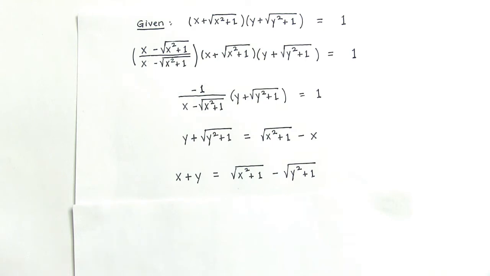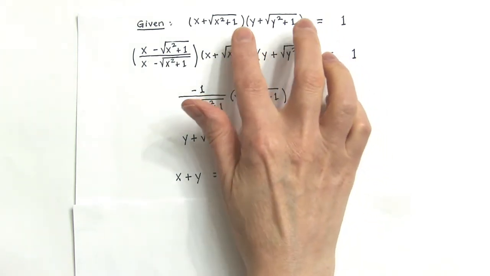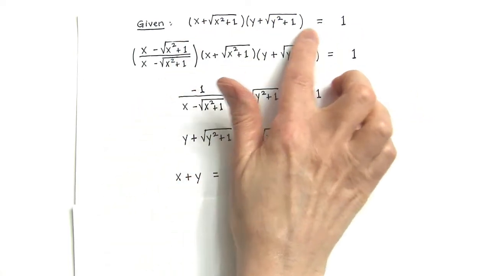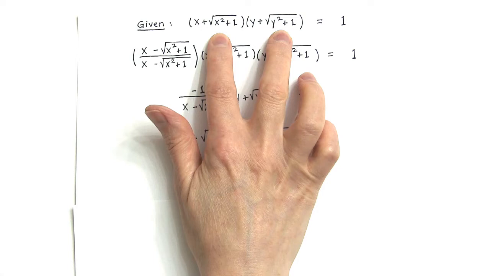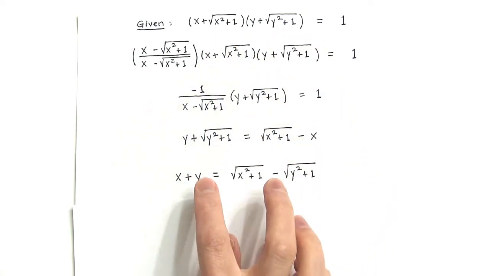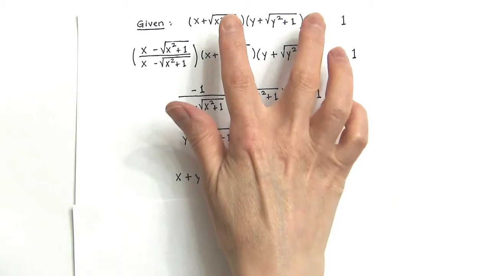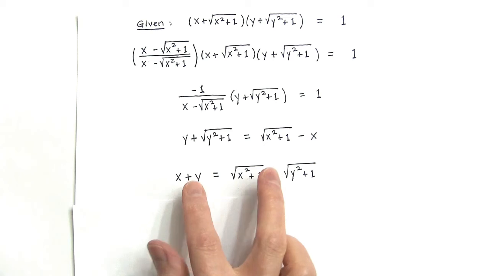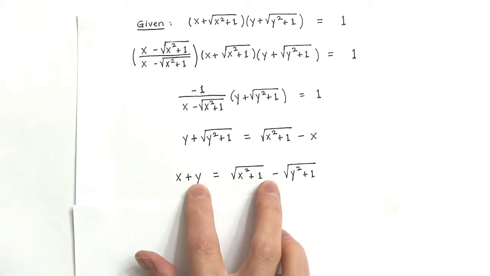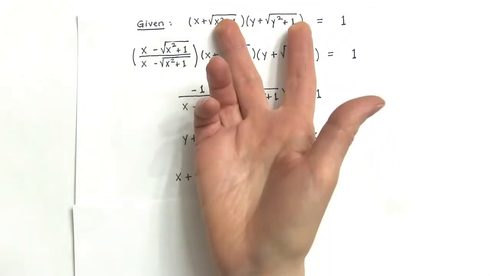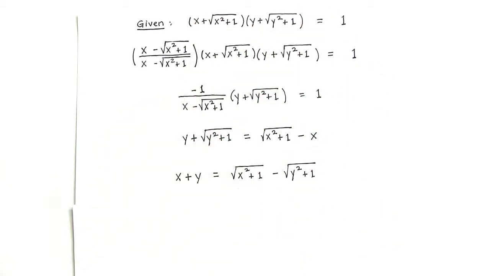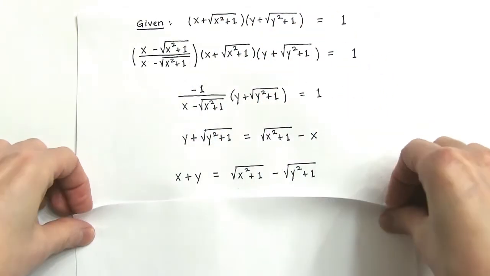Well, I notice the symmetry in this problem. I notice that if I interchange the x and the y in this equation, I get exactly the same equation that I started with. And since this equation is equivalent to this equation, it means that if I interchange the role of the x and the y in this equation, it will still be true. Because when I interchange the x and the y in this equation, it's exactly the same equation. It's still true. And so that means, by symmetry,